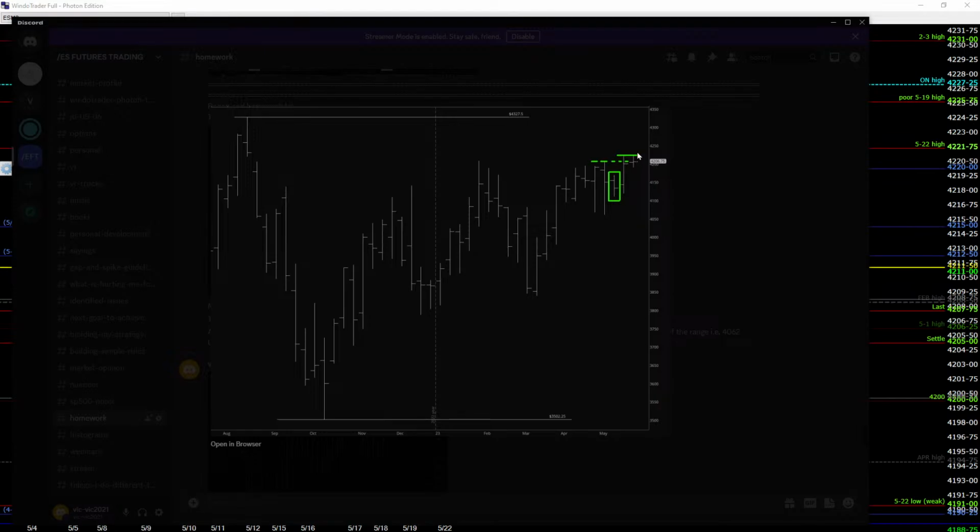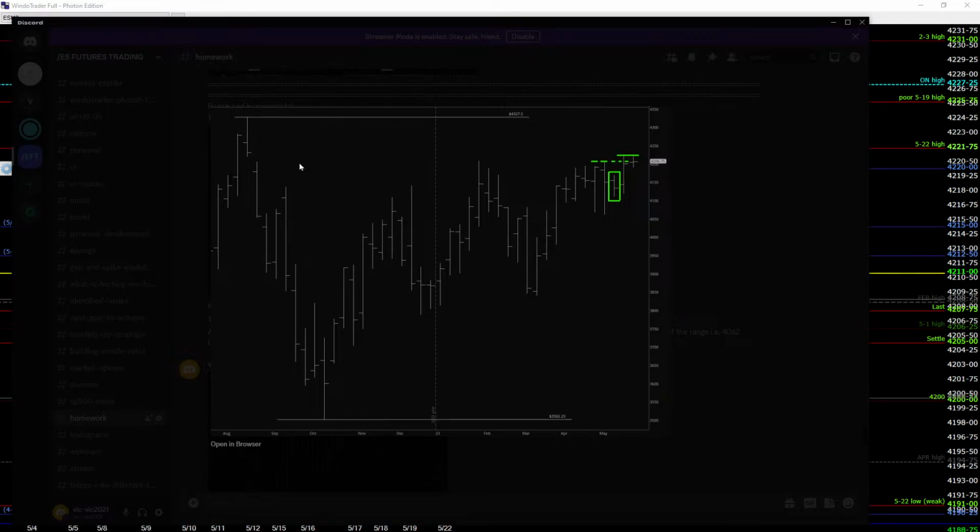We still have a lot to go, a lot of time to go. The market can go higher here. As long as this low remains, the trade remains to the upside. But I don't want to see the market coming back inside this range, and that will be a sign of trouble in the weekly.